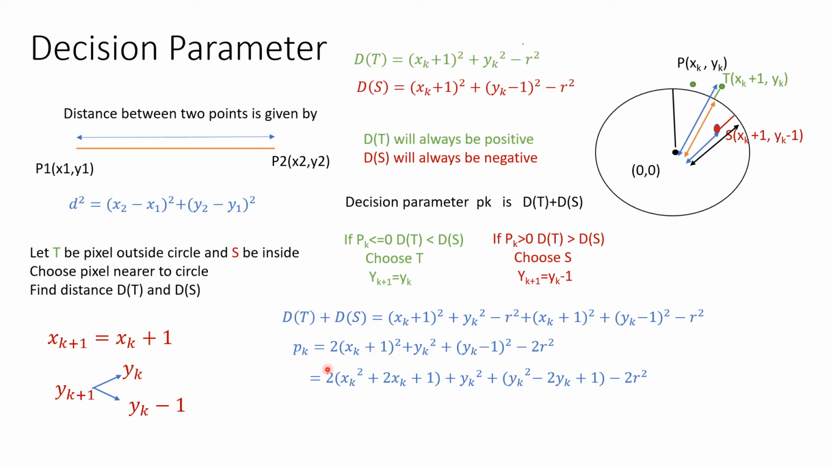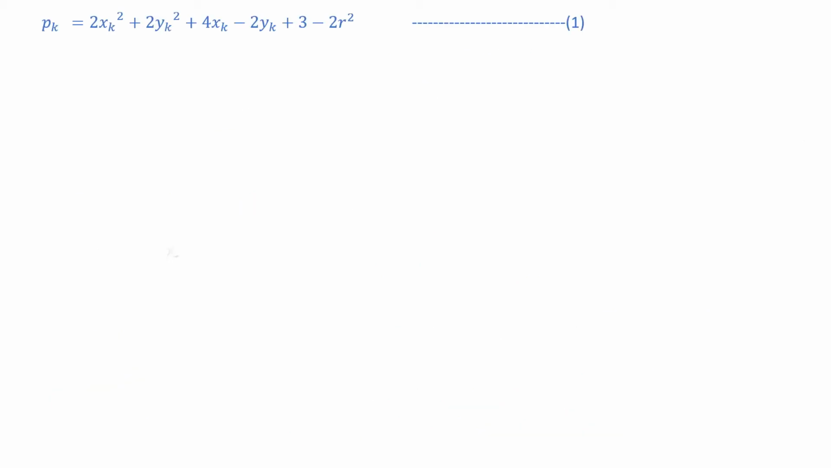(a plus b) whole square is applied, and this is further expanded. 2 is taken inside the bracket. We use a plus b whole square over here, and the entire term is expanded. And we get this as the decision parameter equation, named 1. We use this decision parameter equation to find the next decision parameter iteratively inside the loop. So this was the equation that we got. The next decision parameter is obtained by simply